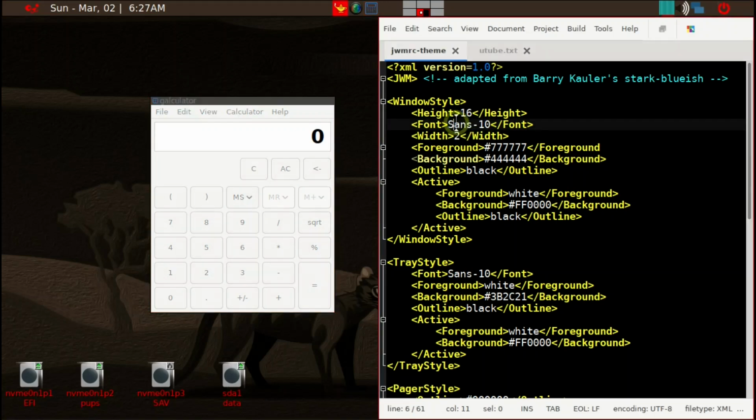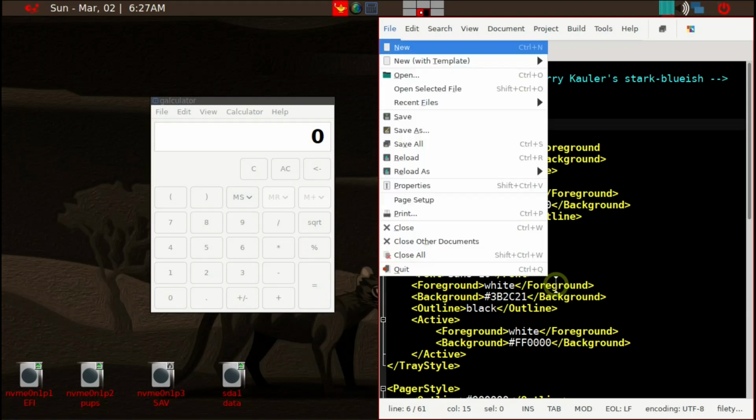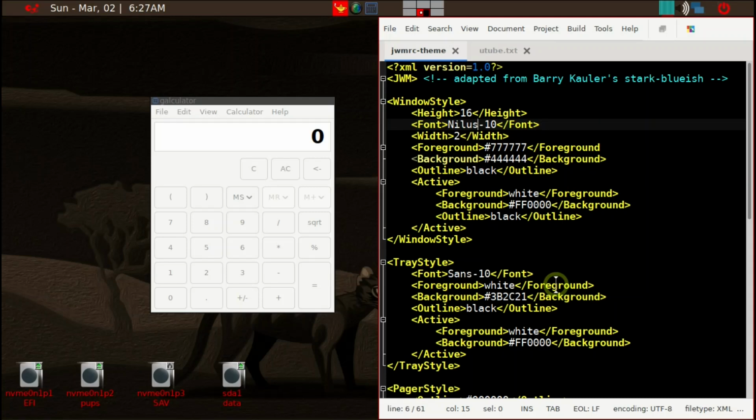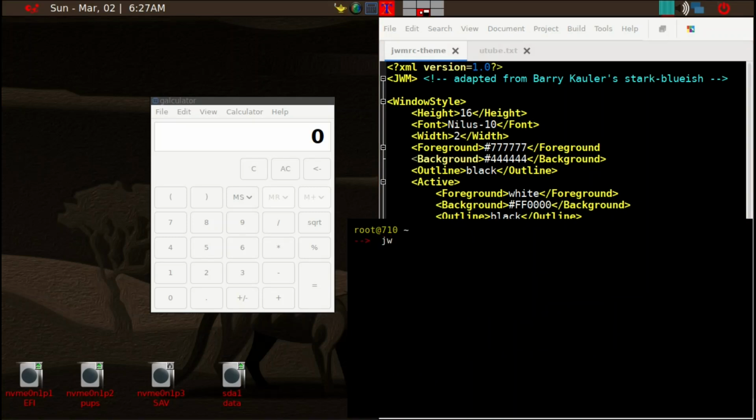For example, I have a nihilist font, and if you make that change and then save it and then restart JWM, you can go ahead and run JWM restart and ampersand, you'll see that it changes the